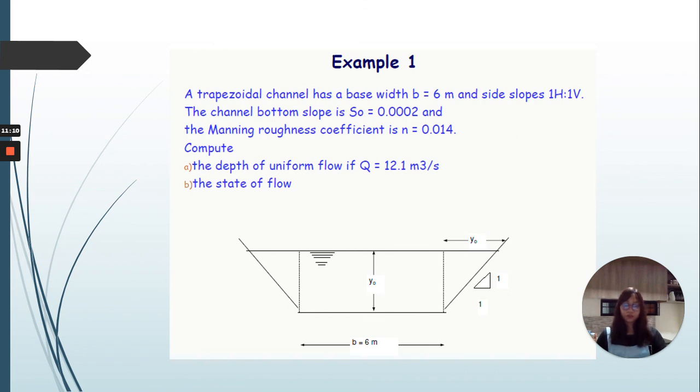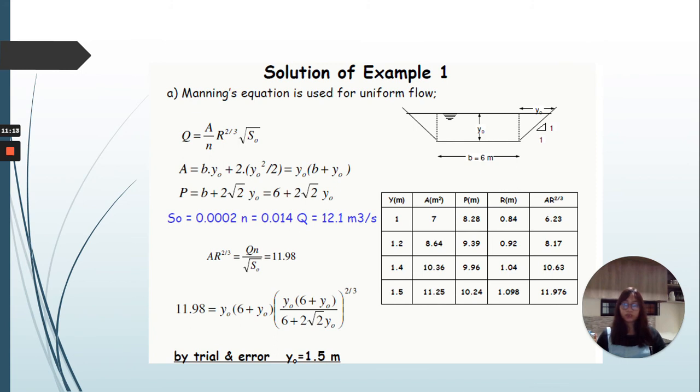The solution is by using the Manning's equation for uniform flow. We can get Q is equal to area over n times R to the power of 2/3 times the square root of S sub O, and substitute there the equations for getting the area and the other parameters. We also have the given S sub O equal to 0.0002, n equal to 0.014, and Q is 12.1 cubic meters per second. By substituting these givens, we can get